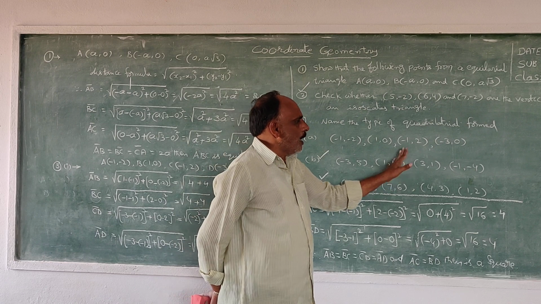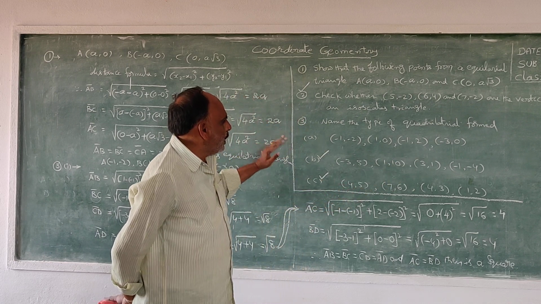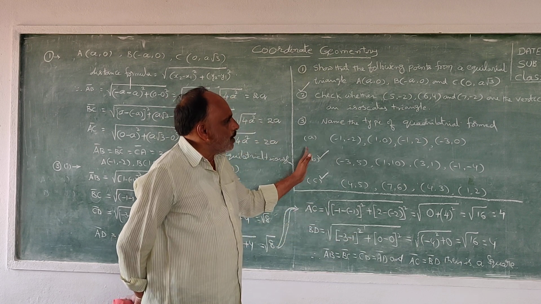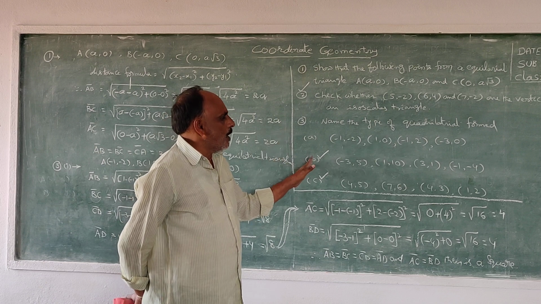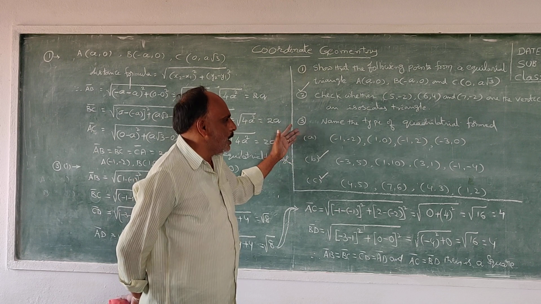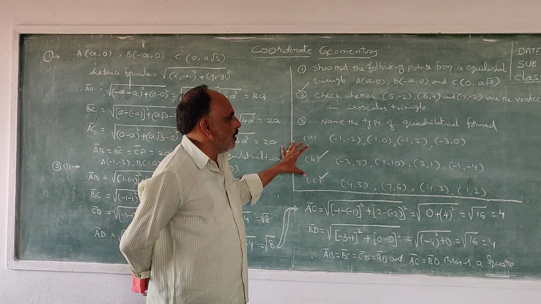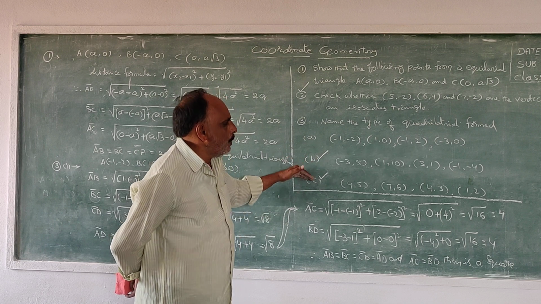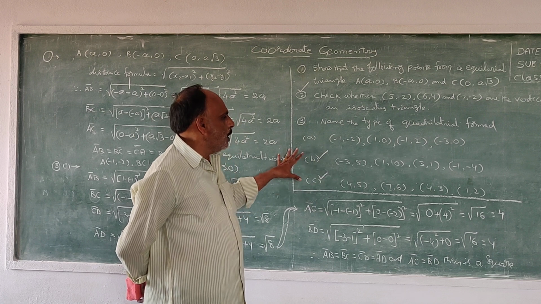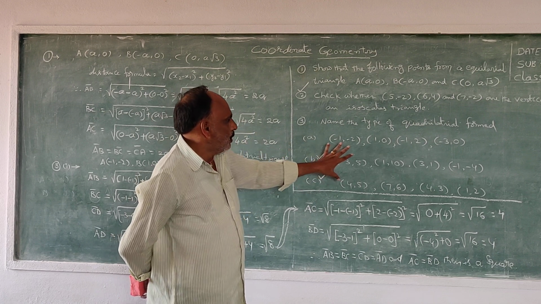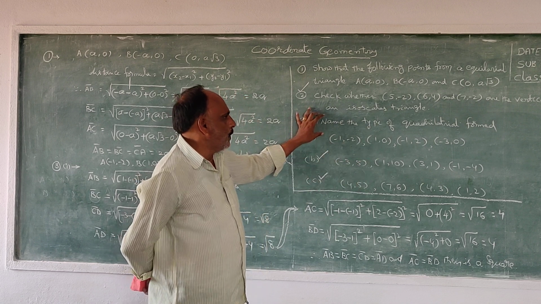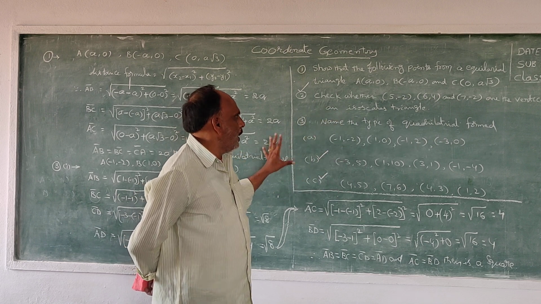Four sides and two diagonals. Those conditions were explained before. Four sides equal and diagonals equal is a square. Four sides equal, diagonals not equal is a rhombus. Opposite pair sides equal and diagonals equal is a rectangle. Opposite pairs equal and diagonals not equal is a parallelogram. So four sides and two diagonals are to be found out. Then write the name of the type of quadrilateral.